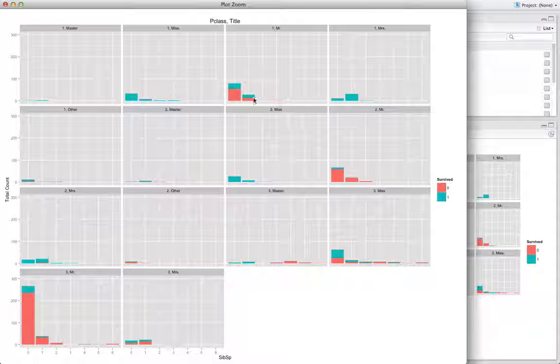If you're a mister, an adult male, looks like there's no real big pattern. I mean, there's a single value here. It looks like it's kind of an outlier. So I don't think just from this plot alone you can make any strong conclusions. Misses, first, if you're in first class, looks like you survived. If you have the title of other,